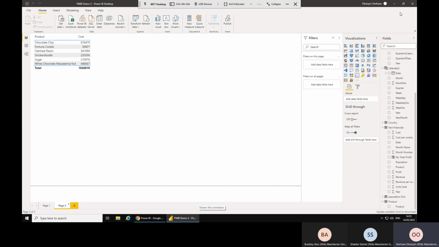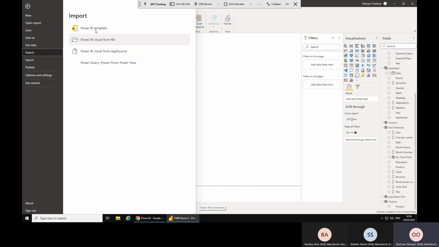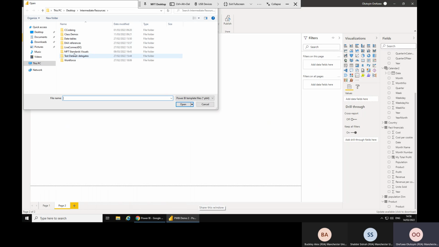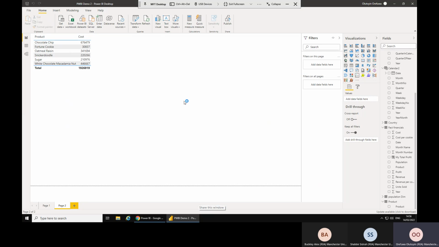What else? All right. So the last thing I'm going to show right now is how to import a theme. You go to File, Import, Power BI theme. I have one stored on my computer, the one that says standard. And if you click on that,